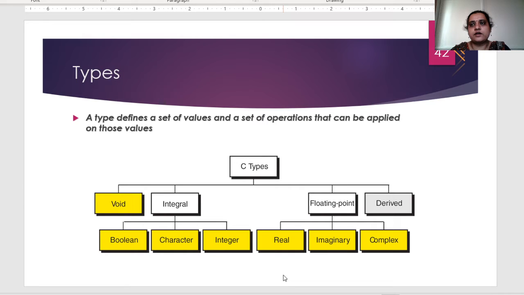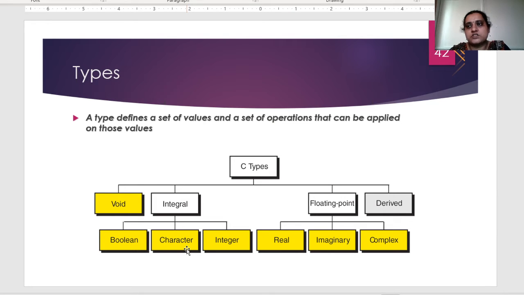Character means your A, B, C, any character on this keyboard that you're talking of, all your special characters, including your digits. They can be entered or stored as a character also. Boolean means you can store either a 0 or a 1. And the different data types which are offered, the keywords given by C programming in order to declare a variable of this particular data type, let us look at them.